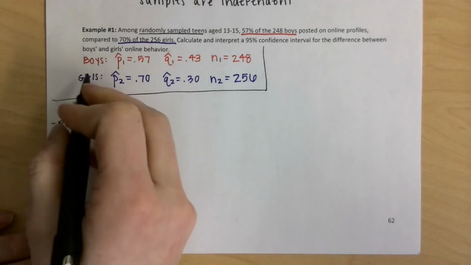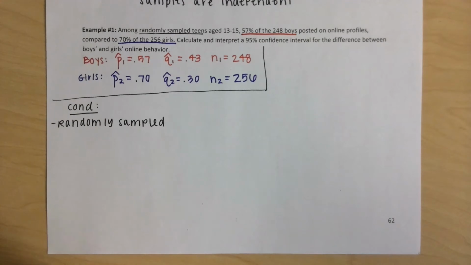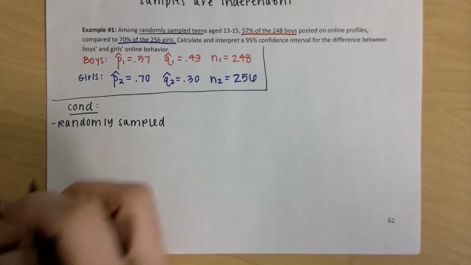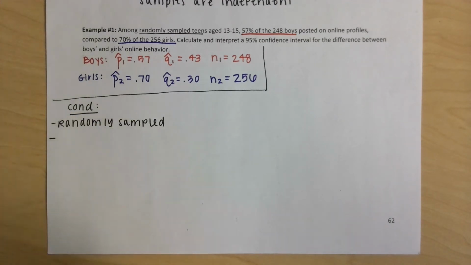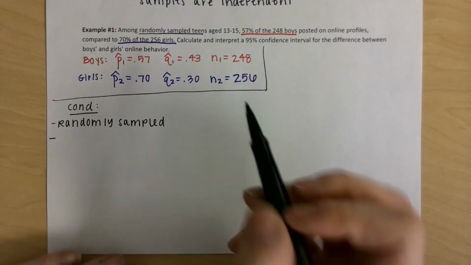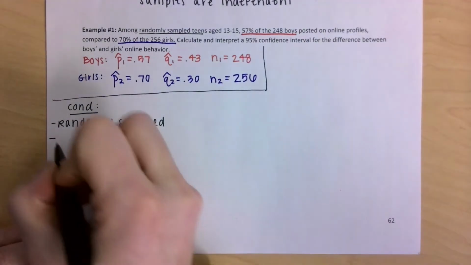And that does apply to both groups, girls and boys, so we're good there. Next is my 10% condition. I need to make sure I'm checking both samples here. So I do believe that 248